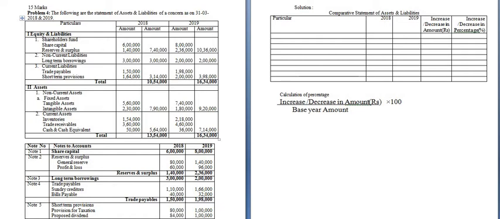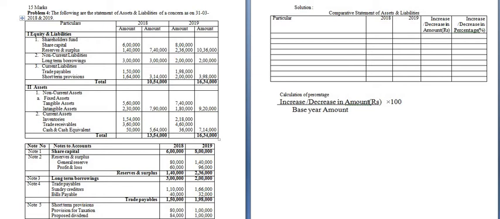Today we will be solving problems on comparative statement of assets and liabilities. Comparative financial statements has two types. First one is comparative income statement and second one is comparative balance sheet. In the examination, 5 marks problem will come from comparative income statement and 15 marks problem will come from comparative balance sheet. Okay, so today we will be solving 15 marks problem on comparative balance sheet, that is comparative statement